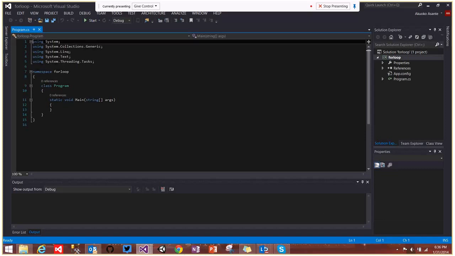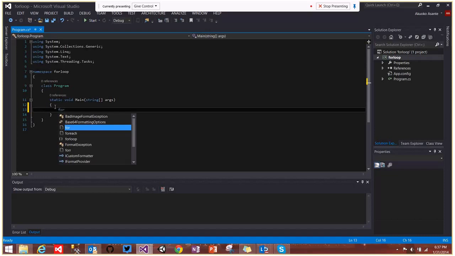So in order to write a for loop, there's an easier way of writing a for loop, but let me show you the hard way before I show you the easy way. For, open parentheses, int i is equal to 0,